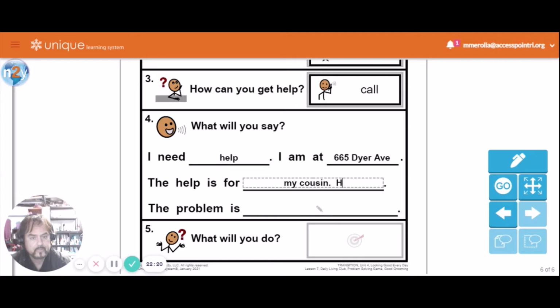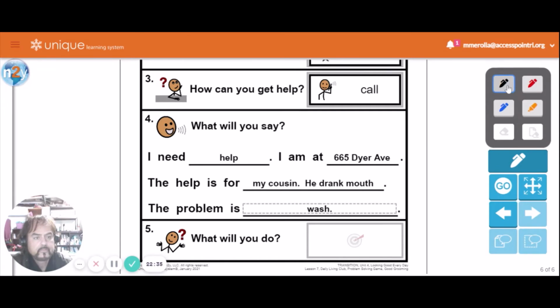He drank mouthwash. So the help is for my cousin. He drank mouthwash.